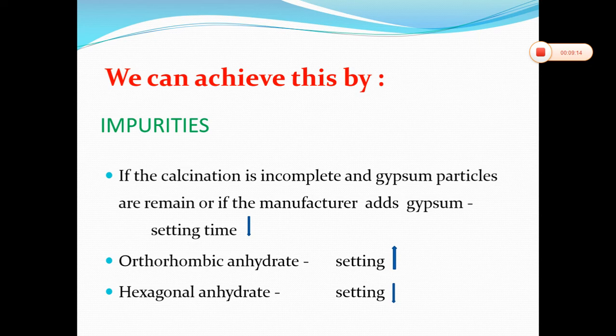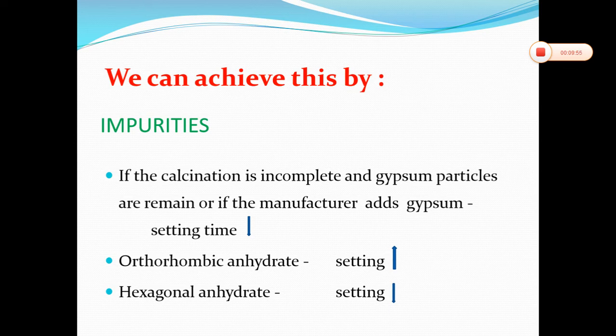We can manage the setting time by impurities also. If calcination is incomplete, remember calcination is conversion of dihydrate to hemihydrate, and some gypsum particles are left over in the powder, or if the manufacturer adds gypsum, then already there are gypsum particles present in the powder. That will increase the number of nuclei of crystals. The more the number of nuclei, the faster will be the set, which means the setting time will be decreased. Here you have to remember, setting time decreases means it will set fast. Setting time increases means